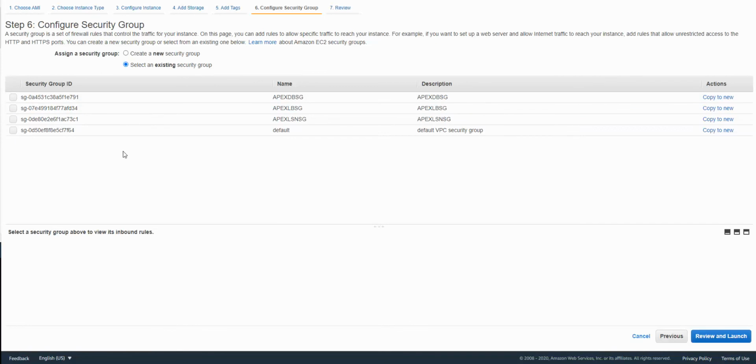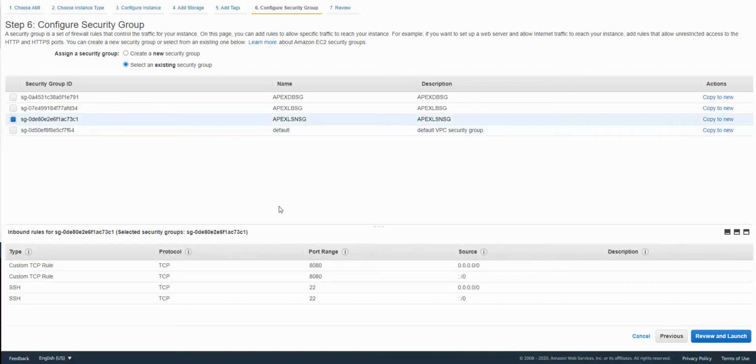Which security group? We have three. The second one is a listener, which is listening on port 8080. So let's go ahead and select the listener group. Remember, the listener security group allows access to this instance over port 8080 and also port 22. Port 22 we need for the SSH into this instance to set up, and port 8080 for validating our installation after everything is done.